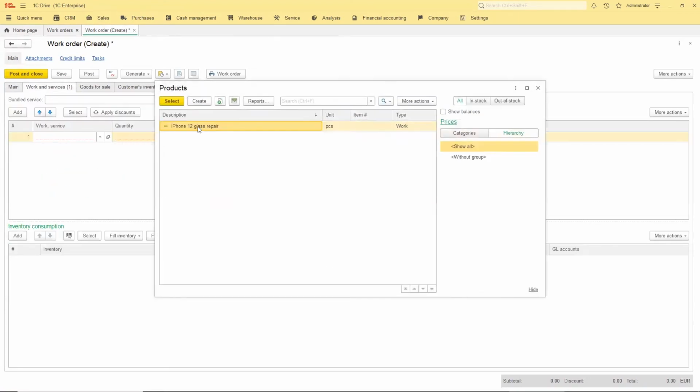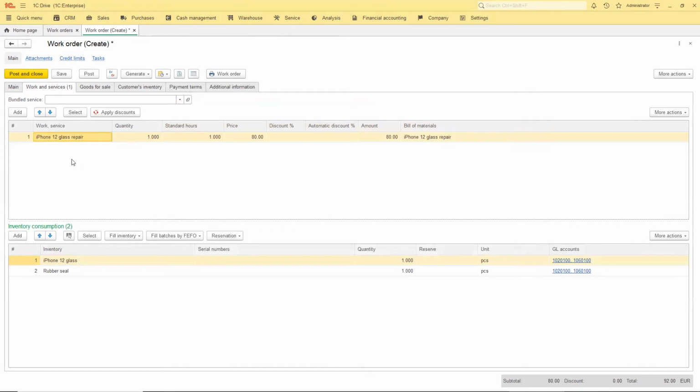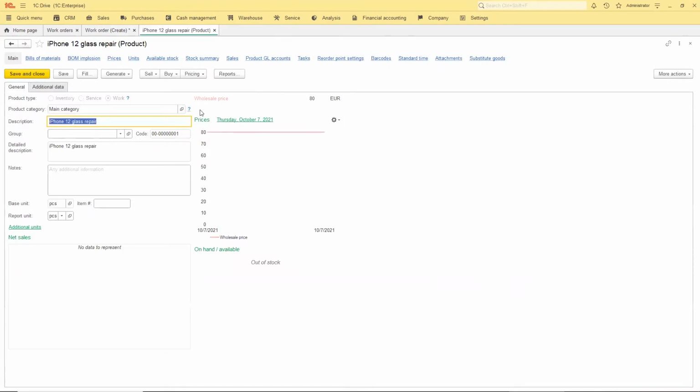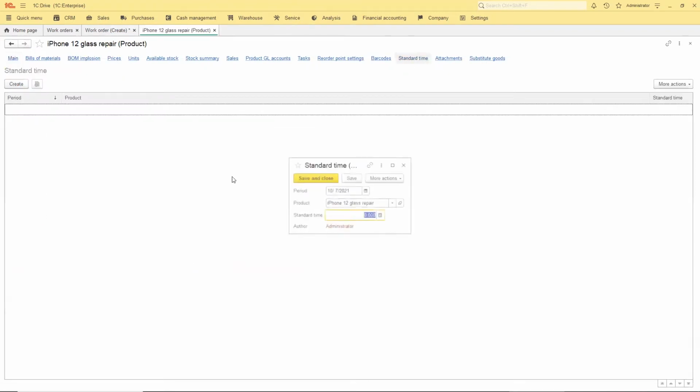So now when we choose this position, the quantity comes here and standard hours for work. Actually this standard hours is for reference, but if we want to set it up as real hours, we have to go to the product card, go to standard time and set it up in here.